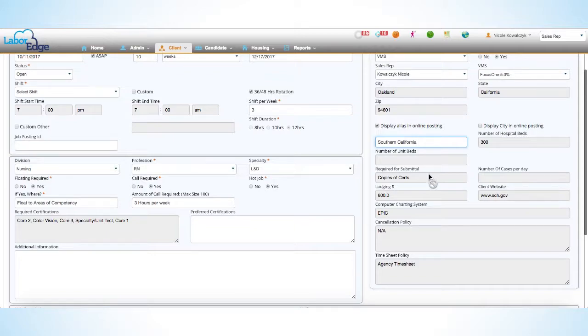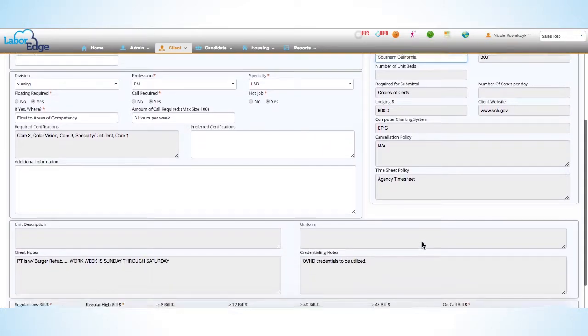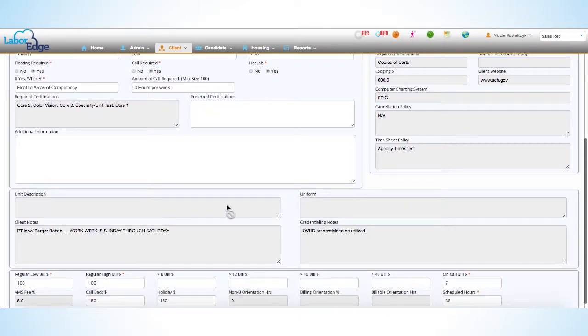All this information, number of beds required for submittal, number of cases per day, lodging, website, charting system, cancellation policy, timesheet policy is all pulled from the client profile. And as we scroll down, we have unit description, uniform, client notes, credential notes, which is all as well pulled